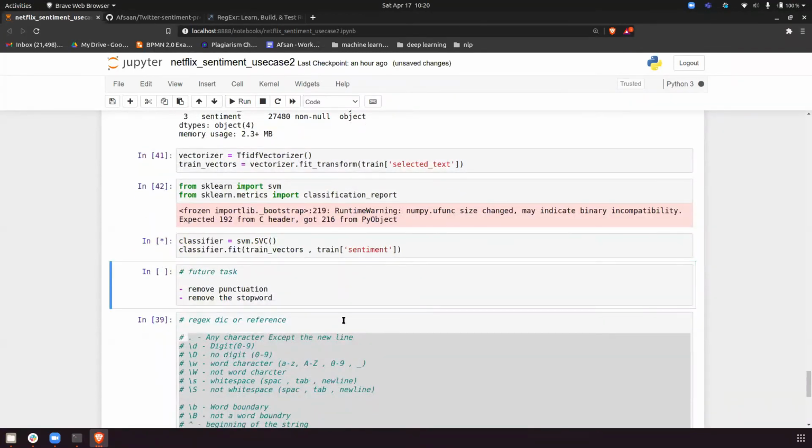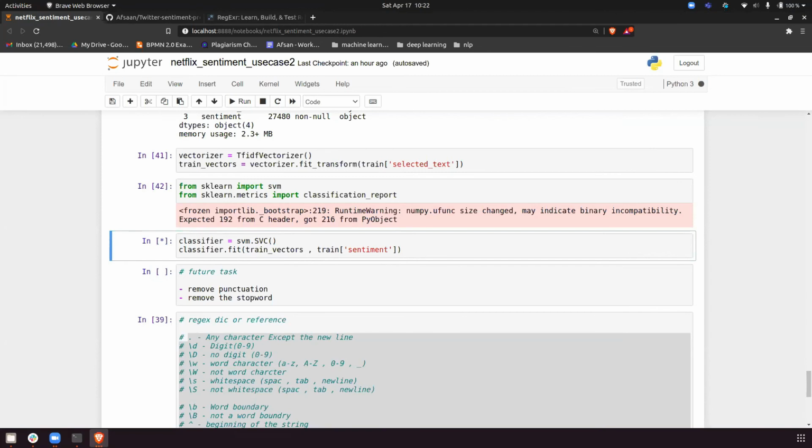It's a huge data, it will take time. So everyone just try this and let me know what accuracy you are getting. If your RAM is low, if you don't have a good laptop, then your laptop might get stuck. A small warning to everyone, because the number of independent variables created in the train vectors is in the thousands. That's why it will take time to give the values.